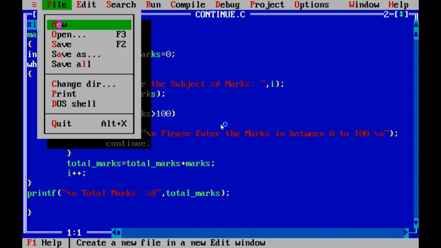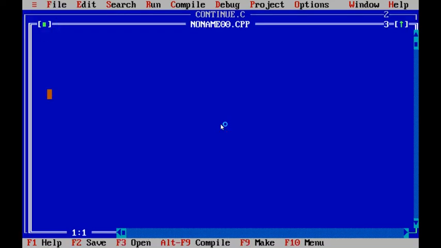Click on the file menu, open the new file. Now type the program: #include <stdio.h>.